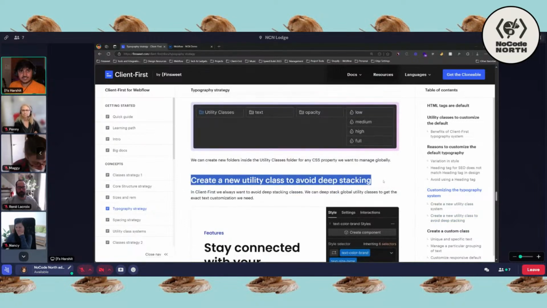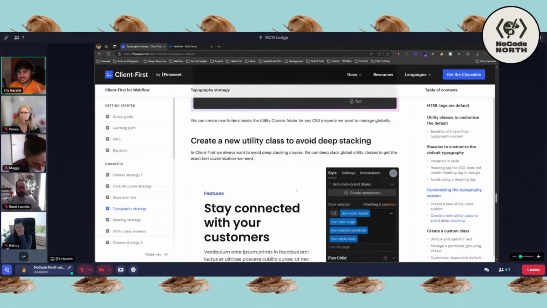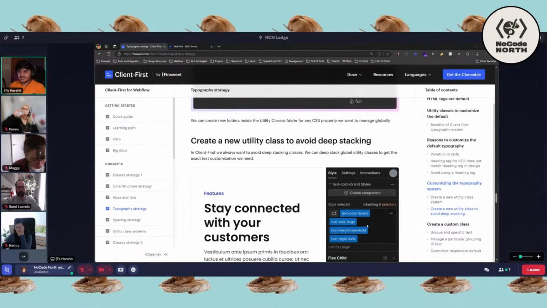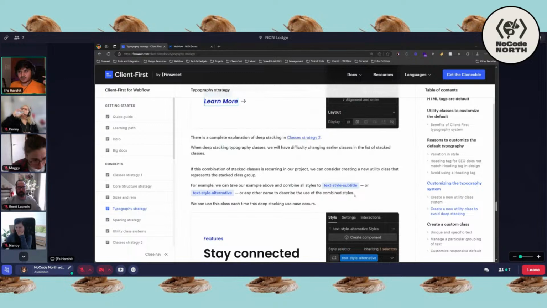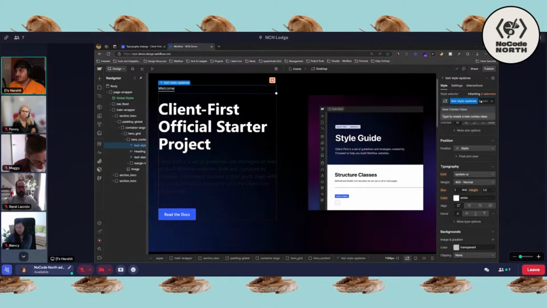Again, there we go. We are again mentioning deep stacking here. Don't deep stack even if you want to create a variation. If something like this is happening on your project, just create a custom class. That is much better. Or create a new set of utility classes. Call it like textile subtitle, or textile eyebrow, or something like that. If I want to create textile eyebrow